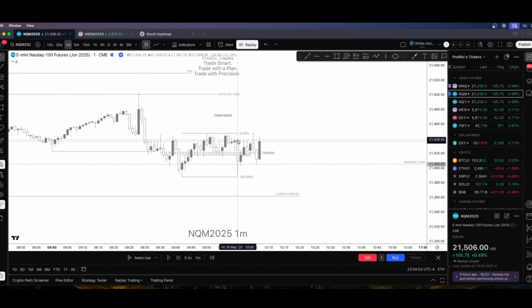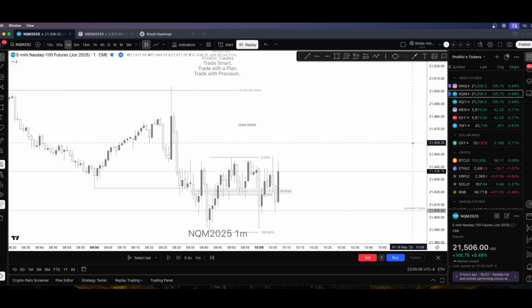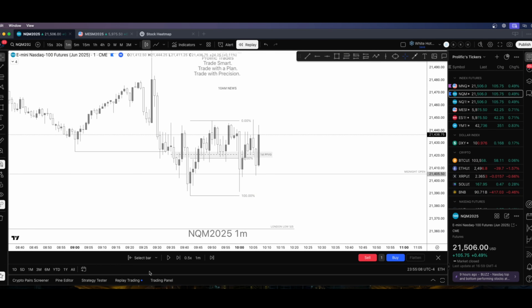I look at those as candles with no wicks are inefficient candles, and I do have a strategy based off them too. But we'll get into that on another day. But look at this low time frame range that we're just stuck in. It's like okay, this is just it is what it is. I'm watching ES as well, and I'm just not seeing nothing. So most of the trading is just waiting.